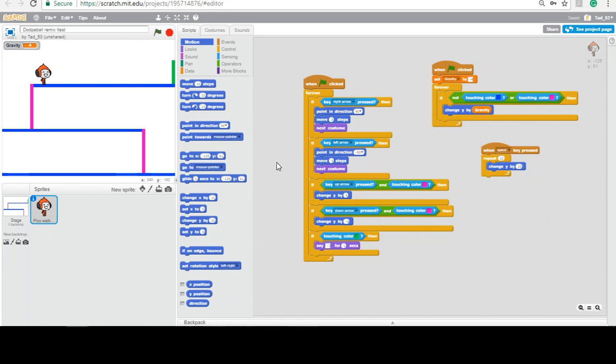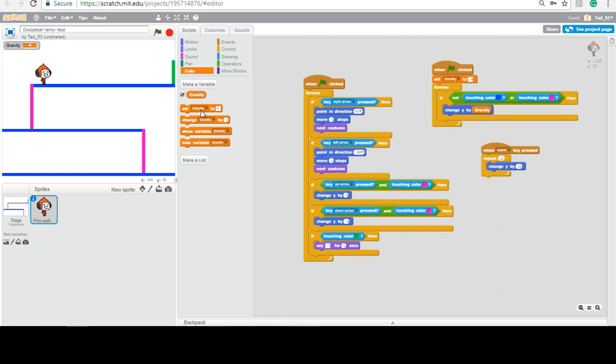So one of the things you need to do is create another variable that talks about jump height. When you're looking at this, we're going to have our data, and we're going to make a new variable, and we're going to call this variable jump height. Based off this, we can now write a line of code that changes this piece, because we don't want our jump height to continue on forever. So we want to set our jump height